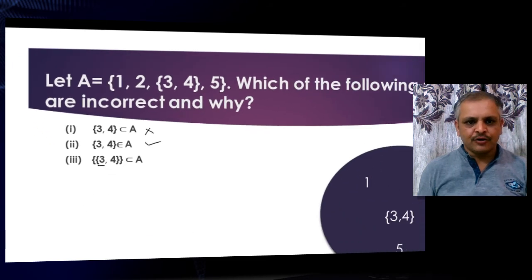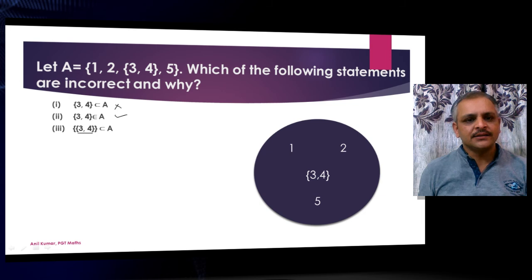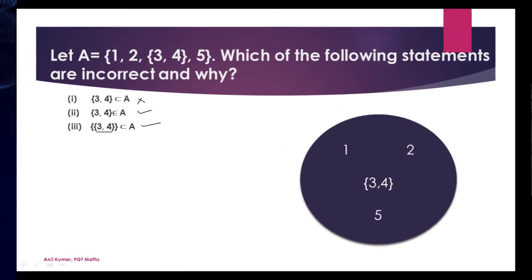Yes, the set {{3, 4}} is a subset of A. It is correct now because we put another extra pair of braces. 1 belongs to A. Yes, it is also correct. 1 is a subset of A? An element cannot be a subset of a set. Subset means this should be some set, and this is not a set. If I write it like this, with braces, then it is a correct statement. Now it is a false statement.